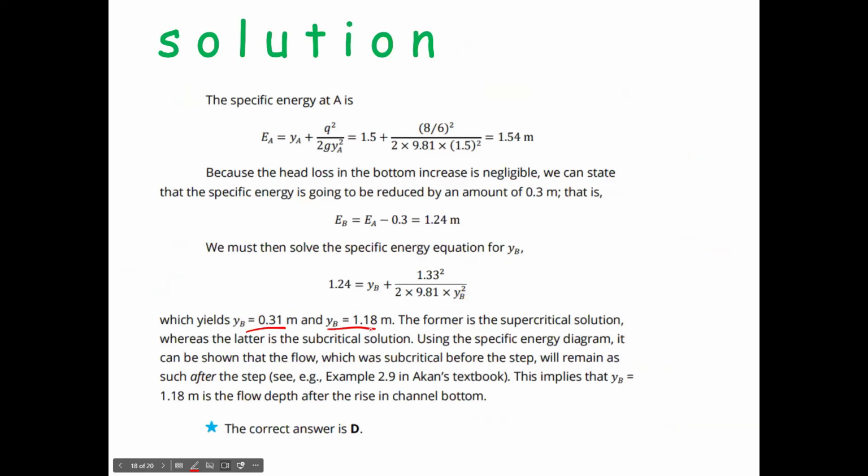Brock, did you find it? And I have one online who got that one. So you should decide between these 2. One of them is supercritical, the other one is subcritical. So it can be shown that the flow which was subcritical before the step will remain as such after the step. So it implies that if you find the Froude number for A, it will be subcritical,